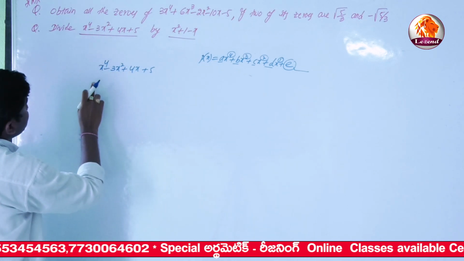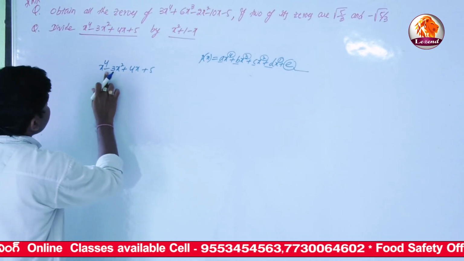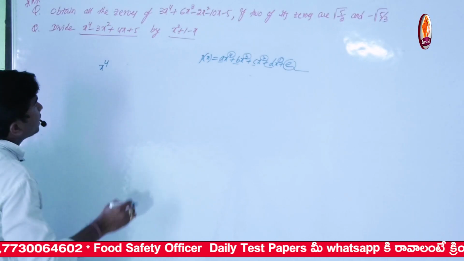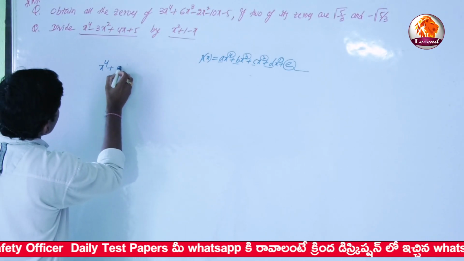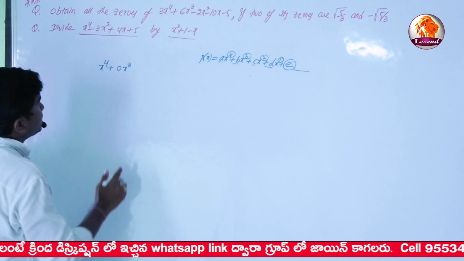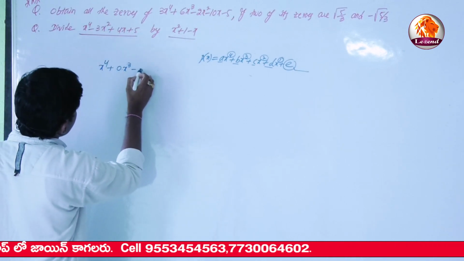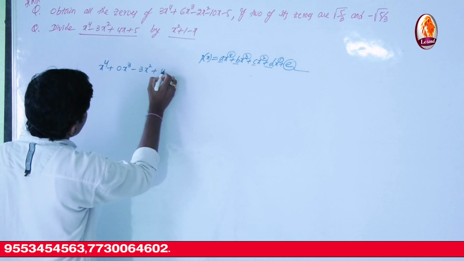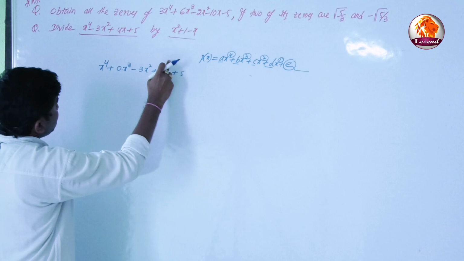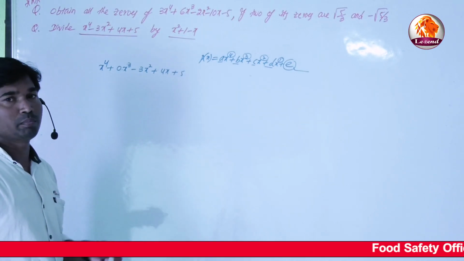If you observe the question, we have only the highest power 4; the power 3 term is missing. If any term is missing in the given polynomial, we take it as plus 0 x cube. The power 3 term is missing, that's why I am taking that. 0 into anything is always 0, so it is harmless. Next, minus 3x square as it is, plus 4x plus 5. Now see power 4, power 3, power 2, power 1, power 0. It is in the standard form of the biquadratic polynomial.